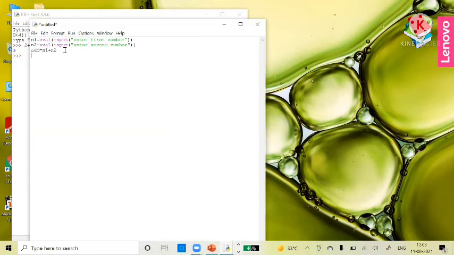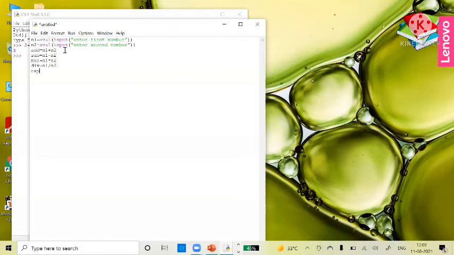Okay, and for subtraction, I am taking the variable name sub and I am going to subtract the variables n1 minus n2. And to multiply, let the name be MUL, and how to do the multiplication, n1 star n2. Okay, so after you do the multiplication, what do you want to do? You want to do the division also. So to do the division, we will take the variable name div, and how to do the division, n1 by n2. And the last one is exponent.